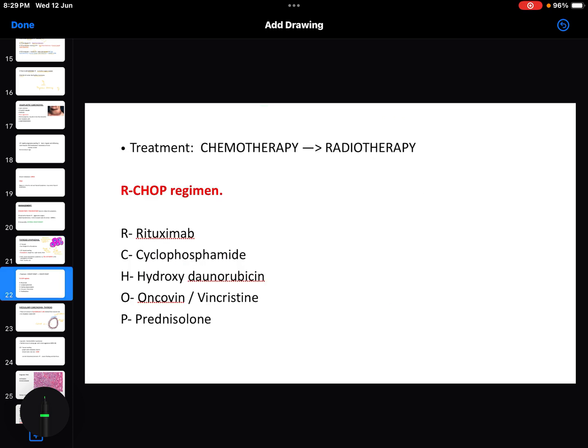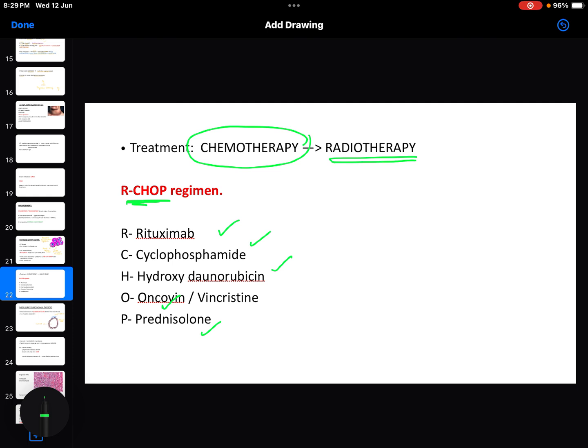Treatment is we can't do any surgery here, so we are going to go for chemotherapy followed by radiotherapy. Chemotherapy, what regimen is followed? Like any other lymphoma, we are going to follow R-CHOP regimen. R for rituximab, cyclophosphamide, hydroxydaunorubicin, Oncovin or vincristine and prednisolone. This is all about